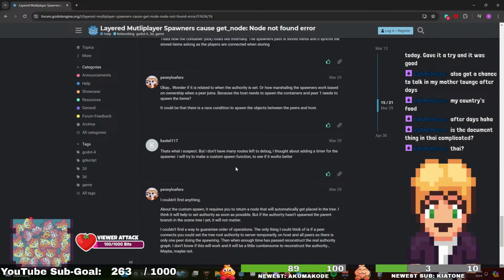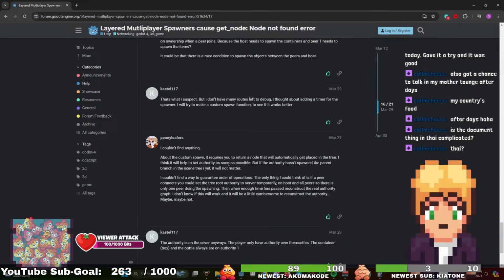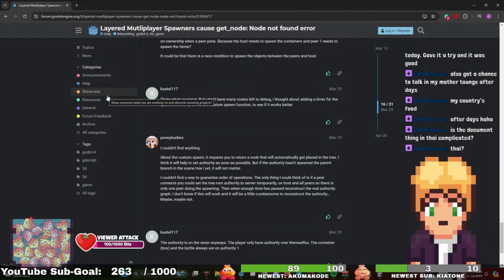I thought about adding a timer for the spawner. I'll try to make a custom spawn function. So maybe I'm thinking wrong at the moment. I'll be right back. Afterwards, I will try to